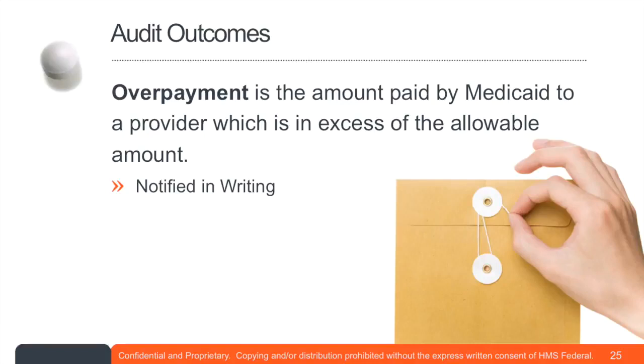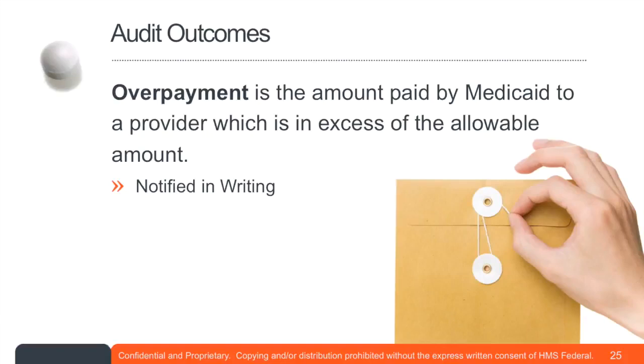So for whatever reason, if the pharmacy doesn't pay back or isn't able to pay back, it may result in, okay, from now on when you dispense to one of our patients, we will not reimburse you in full, only a portion. Another thing that may happen is if the pharmacy does not pay back, the third-party payer may discontinue the contract with the pharmacy, so the pharmacy won't be able to get reimbursed for any of the patients under that third-party payer contract. So those are just some of the examples of what may happen with payment.